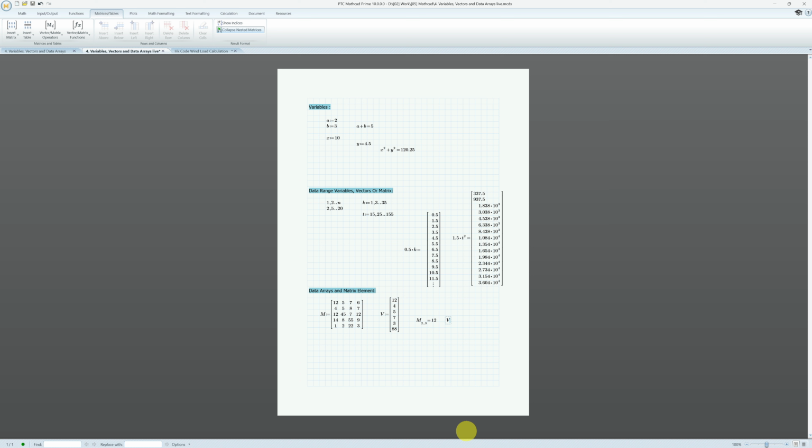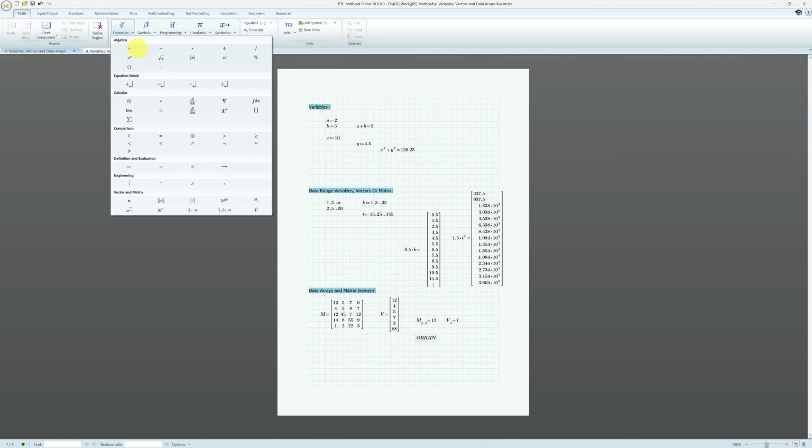To access an element of a column vector, enter one number in the subscript. To access an element of a square matrix, enter two numbers separated by a comma. To refer to the ith row and jth column of a matrix M, type M subscript i, j.